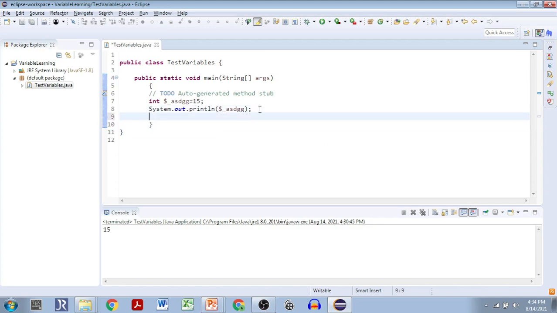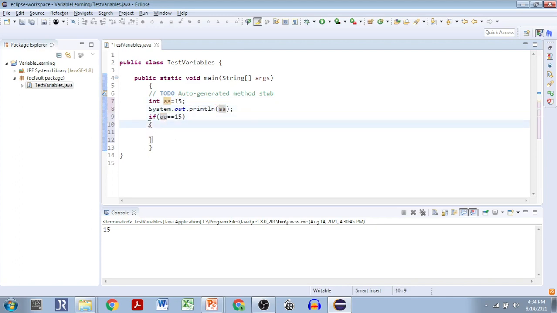Well, so this is an example of a method body. Now I'll show an if statement. If this particular variable, okay, I'll make the variable name simple now, AA. If AA is equal to 15, then what will we do?